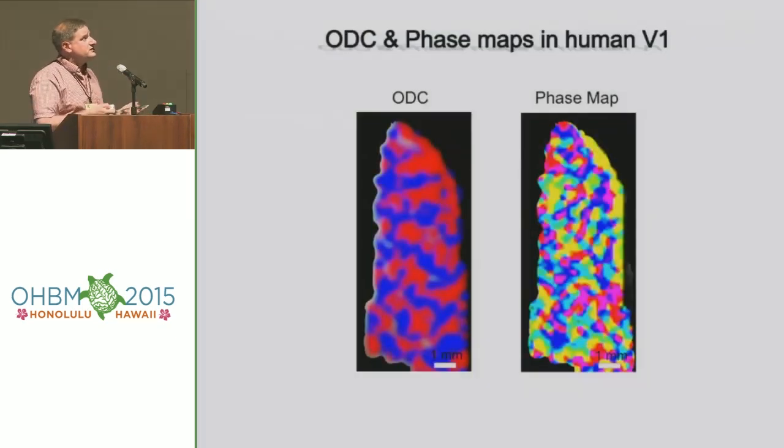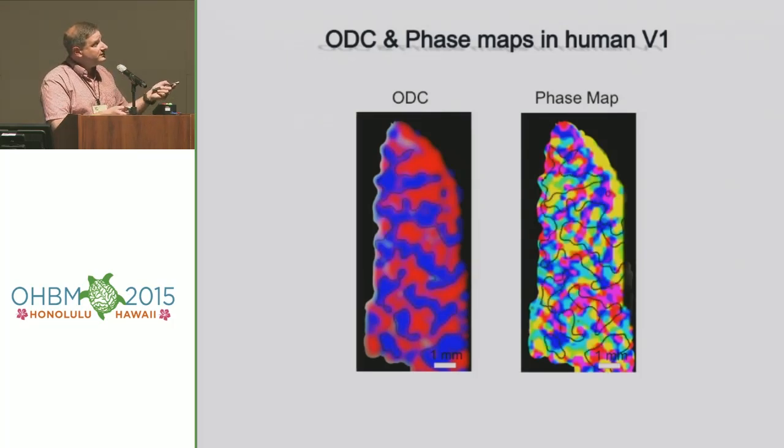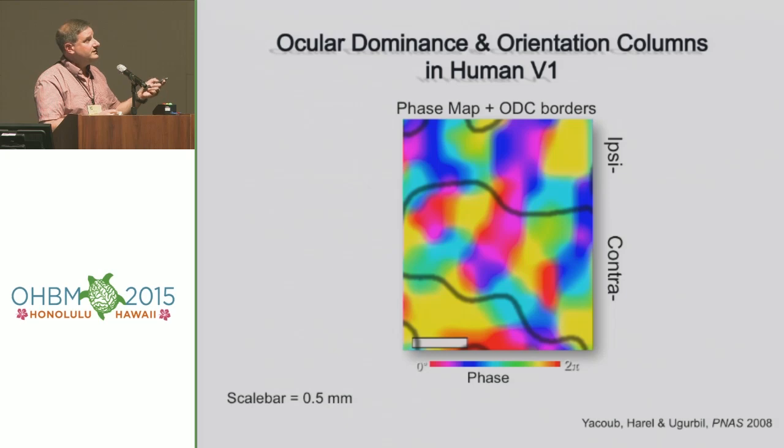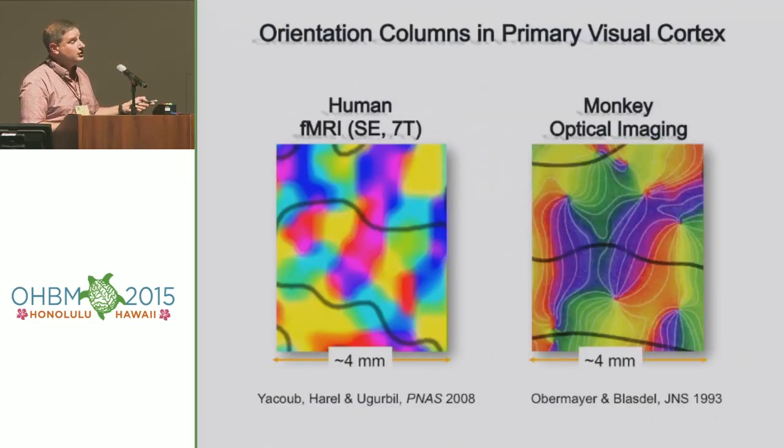So another nice feature is that for the same subject, we have the ODC. So now we can superimpose the ODC on the phase information and look at the spatial relationship. There's a whole literature between the ODC and the orientation columns, and it follows very nicely all of what's known from the organization of orientation and ocular dominance in monkeys and in humans. So overall, fMRI today, if you use the right tools, you can reach and map to the level of